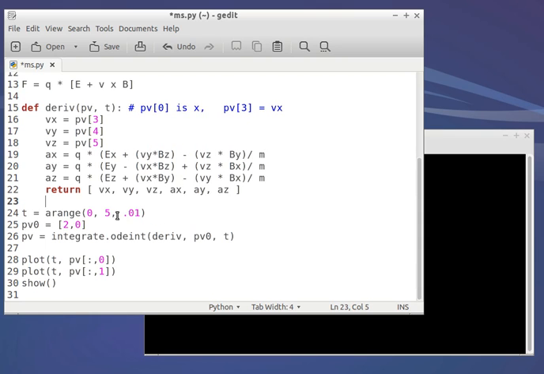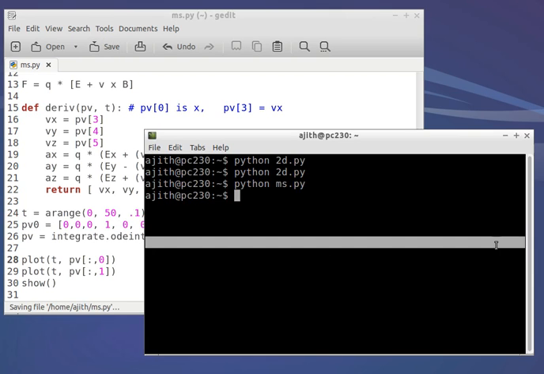Now the time array is given here, say suppose do it for 50 seconds, and how about the initial condition? So initial xyz, let us take it as 0, and initial velocity, say we give only in the x direction, y direction there is nothing, z direction also there is none. So now the output we can, let us run this,